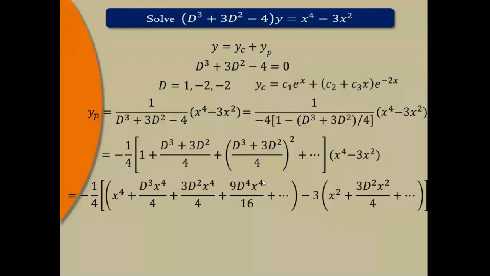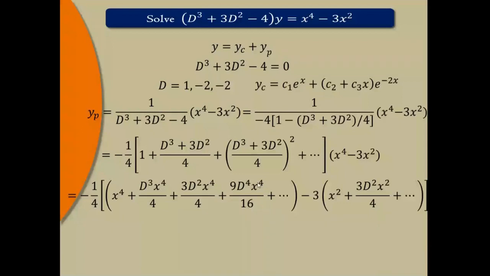Okay, for x raised to 4, d raised to 4 we can take, but for x square we have to skip that term also. The cube term and the raised to 4 term we skip for x square. Okay, now take the derivative. First derivative of x raised to 4 is 4x cube. Second derivative will be 12x square. Third derivative will be 24x. And the fourth derivative of x raised to 4 is 24. So take the corresponding derivative and substitute those values.